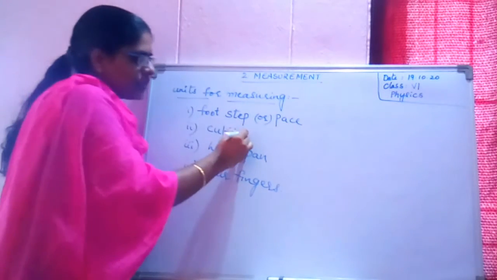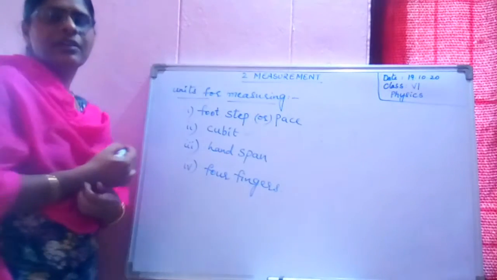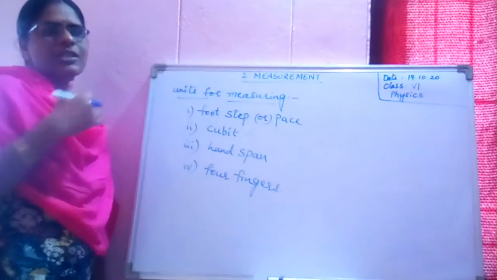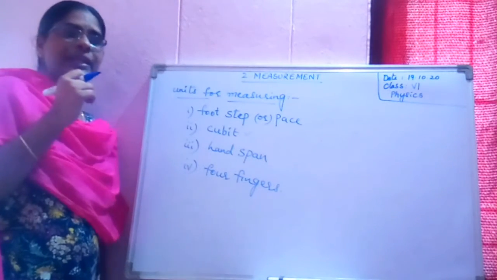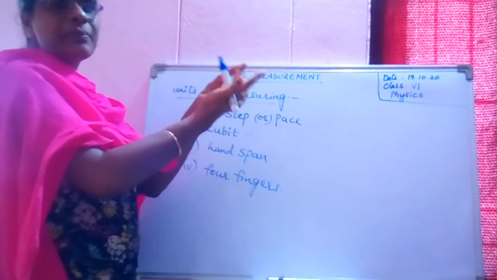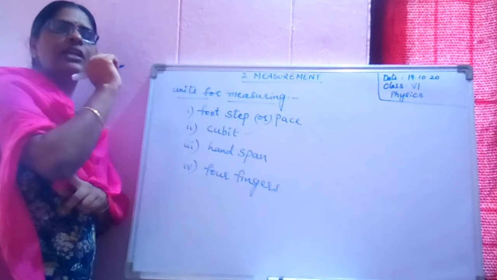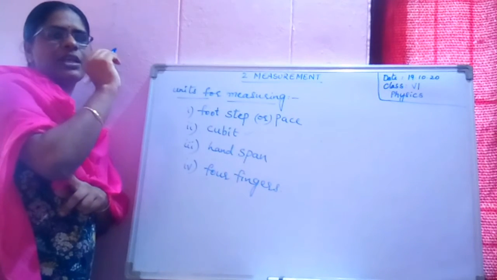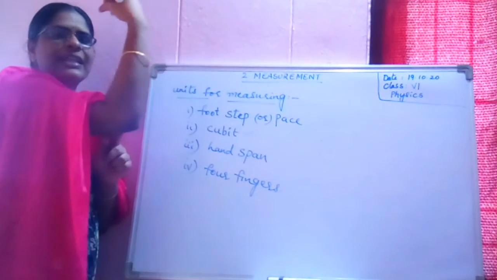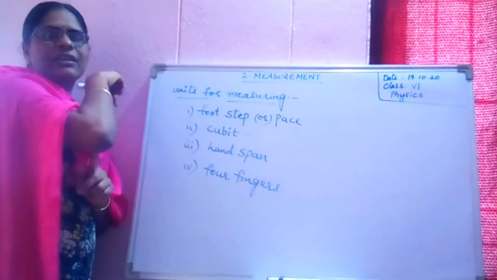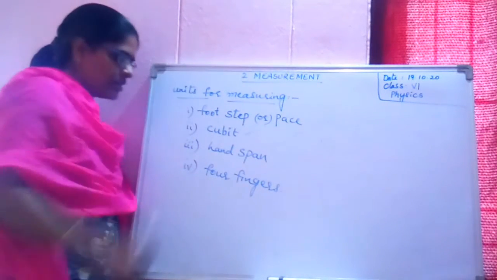Okay. Next one is cubit. Today also you are seeing this cubit. Suppose a garland of flowers attached to a thread. Cubit means from the middle finger to the elbow. See the flowers. While measuring the flowers, they will keep them like this and give you the flower garland. Cubit is another unit for measuring.